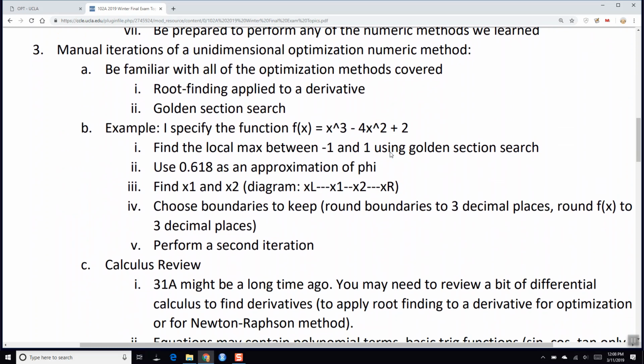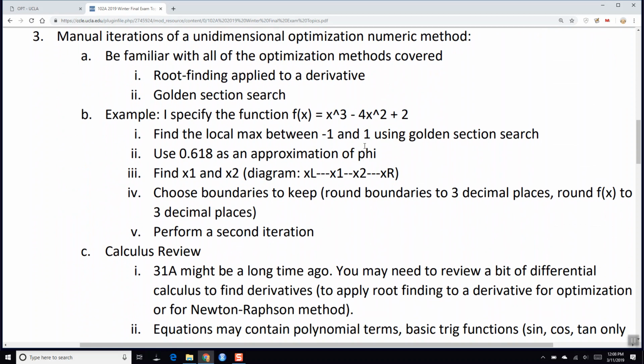Okay, then you'll have manual iterations of a unidimensional optimization method, okay? And so those are either root finding applied to a derivative or the golden section search, okay? And so here's an example. If it's golden section search, you'll just use this, okay? Or it could be a root finding method applied to a derivative, which means,